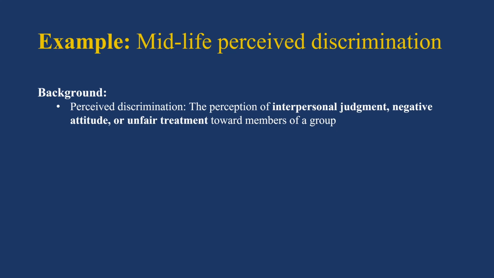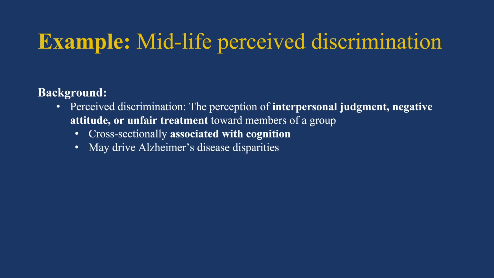So transitioning now into the second example project where we interrogated perceived discrimination as another potential driver of AD disparities. So perceived discrimination, or the perception of interpersonal judgment, negative attitude, or unfair treatment towards members of a group, is one potential risk factor for AD that has yet to be fully characterized. It's cross-sectionally associated with cognition, but its influence longitudinally and with respect to AD pathology is virtually unknown. Furthermore, African American individuals report higher levels of perceived discrimination across the life course, making this a potentially relevant driver